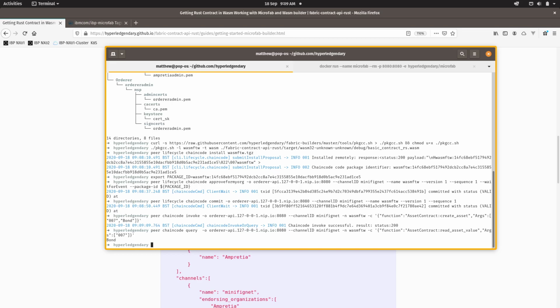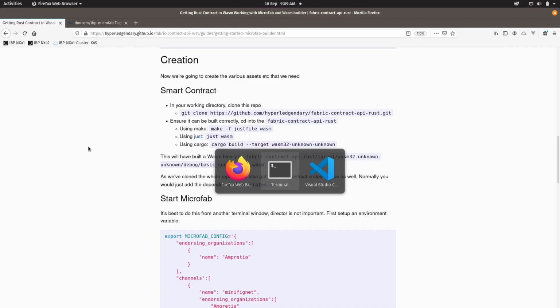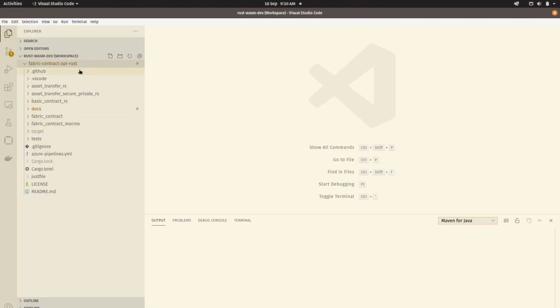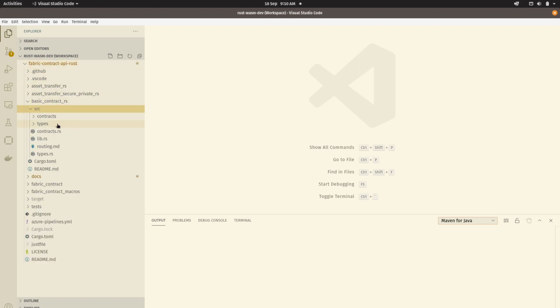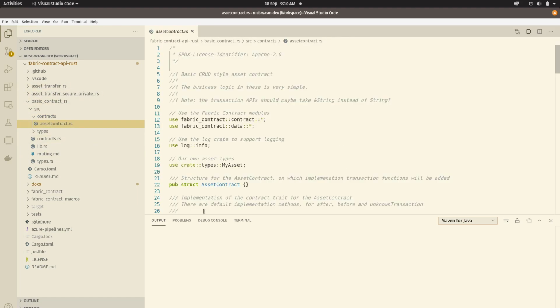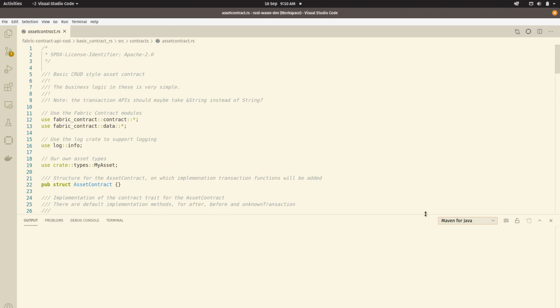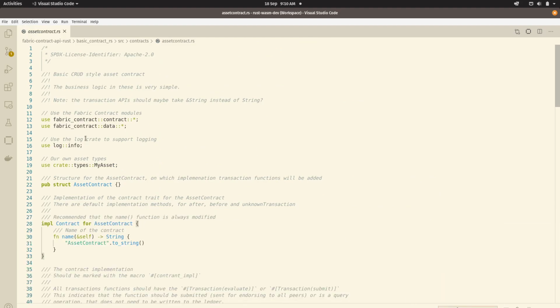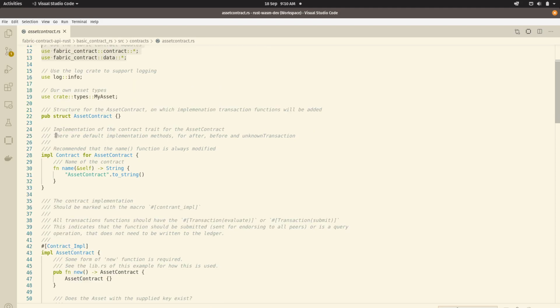Okay, so let's go and have a look briefly now how the chaincode is written that does this. And this is VS Code with the Fabric contract API Rust here just already loaded, and each contract is a separate crate. So I've got here basic contract RS. There's a couple of other examples just above it, and this is our main contract. Just expand this on the full screen, and we're pulling in the appropriate Fabric contract modules, and we are creating a structure that represents our asset